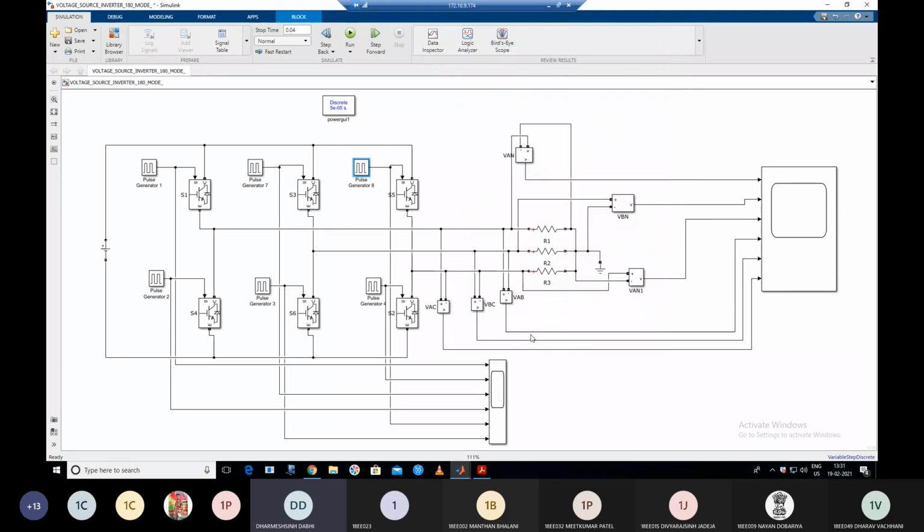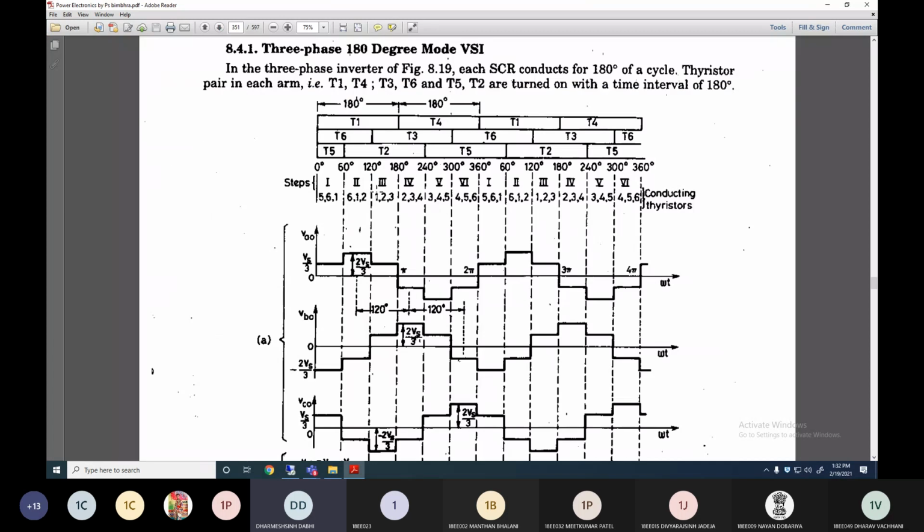Yes, sir. Now same way, what is the conduction phase delay for switch number 6? Switch number 6. Again, see the gate pulse. In this cycle, where your T6 is conducting, initially it is conducting at 300. Yes, but conduction duration is 180. So it remains conducting up to 120 in the next cycle also. So 0 to 120 degree, that is conducting in the next cycle. So you can see that at the initial period between 0 to 120 you get the gate pulse for T6, because in the previous cycle your T6 is conducting.